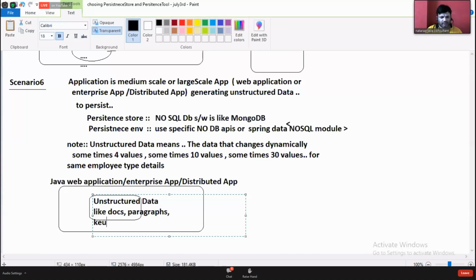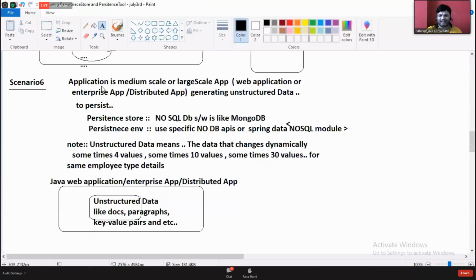Key value pairs. I'm going to teach MongoDB. Key value pairs, and so on. Unstructured data.